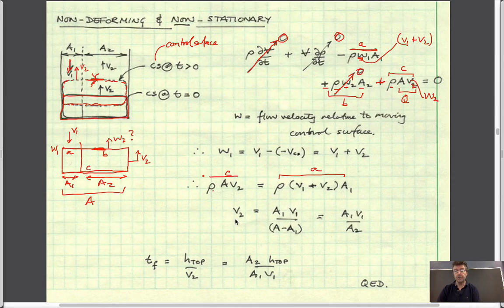This is the rate at which the top surface goes up. If we take the time it takes to fill as the mass divided by the mass rate, then it's the same as the height divided by the velocity. We could just multiply these by, if you like, area 2 and area 2, if you like. And if we have these,